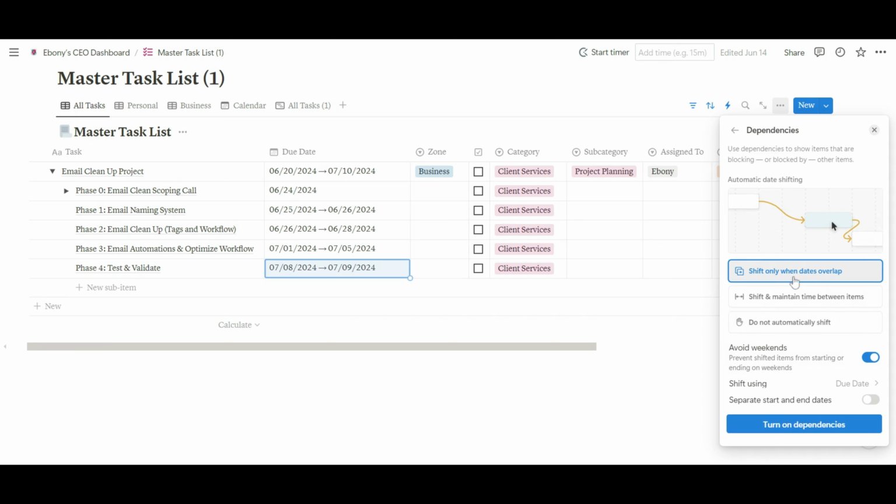If you don't want that to be a deciding factor, then you may want to say shift and maintain time between items. Regardless of whether there's an overlap or not, you want the dates to shift if something changes in one of the earlier phases, if that makes sense. And if you don't want it to shift automatically, then you could just say do not automatically shift. And if you change the date for phase 0, phase 1, then it's not going to change any of the